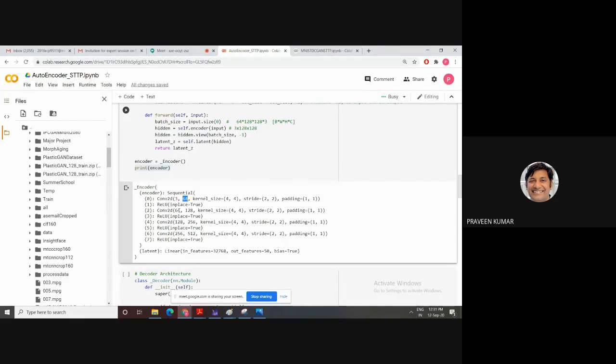The second convolution: the input in this case is 64, and the output is 128. Then conv 2 has 128, then 256. Then the next layer has 256 as the input feature, and this one is 512. Then the last layer has your input feature map, and this one is 512.